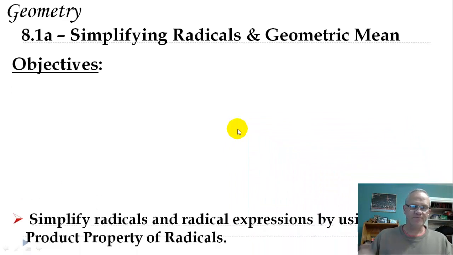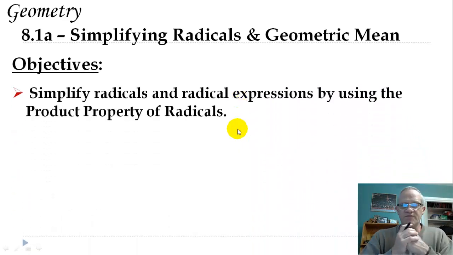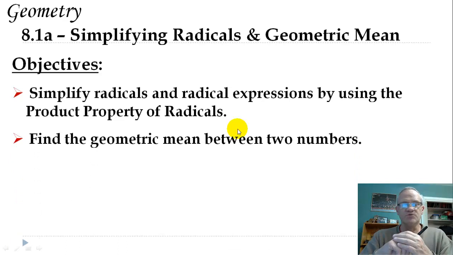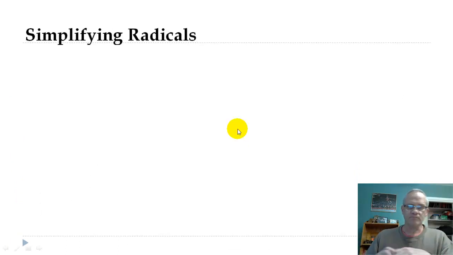All right, so for today our objectives are going to be simplify radicals and radical expressions using the product property of radicals, and then we'll find the geometric mean between two numbers. Okay? All right, so first of all,